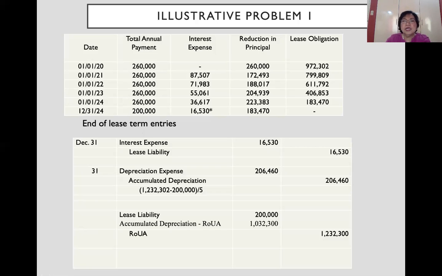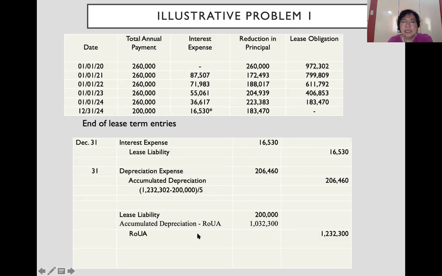So, to derecognize the lease liability, which has been brought already to a balance of 200,000, that's 183,470 plus 16,530 through this entry. We debit lease liability 200,000, debit accumulated depreciation, that is 206,460 times 5, so that is 1,032,300, and credit the right of use asset for